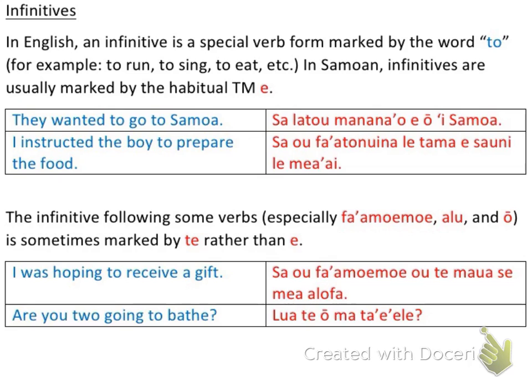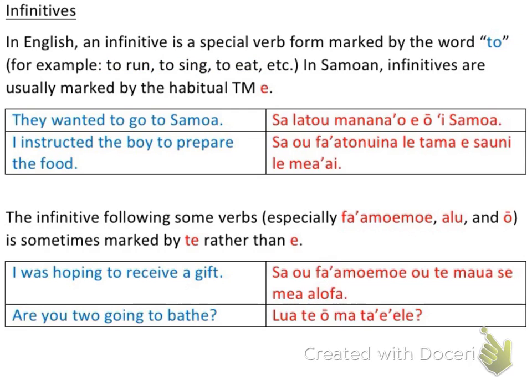So infinitives, you've done this a million times by now, and now I'm just clarifying what you've been doing up until this point. An infinitive is a special verb marked by the word to, like to run, to sing, to eat. It's some kind of verb that has the word to before it. There are other forms of the word to, like prepositional tos, which we've talked about in prior videos. But now we're clarifying the infinitive version of to.